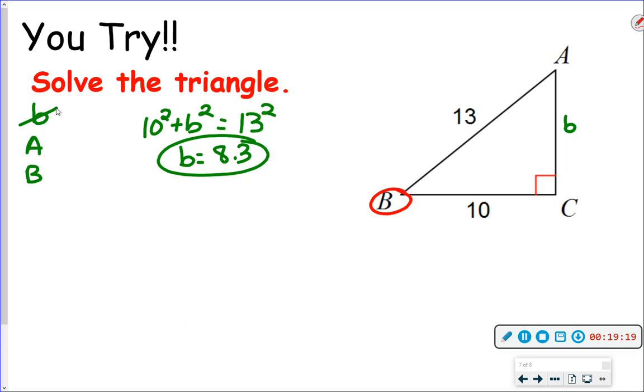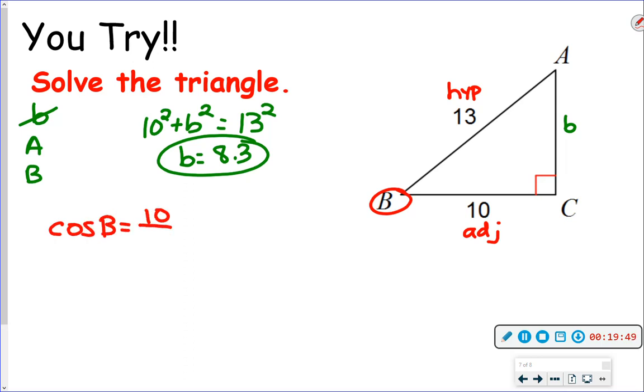So let's look at the sides they gave us. We have the longest side, hypotenuse. And you have the side next to the angle. Next to is adjacent. Which trig ratio has adjacent and hypotenuse? Sine, cos, or tan? We should know it like the back of our hand now. Cos. So I'm going to do the cos of B equals adjacent